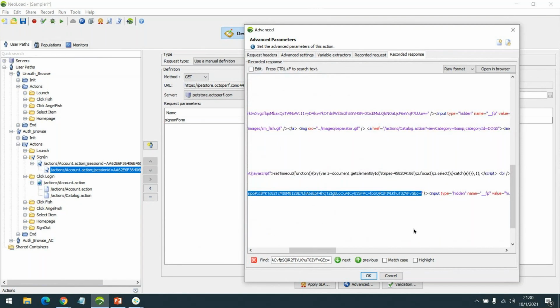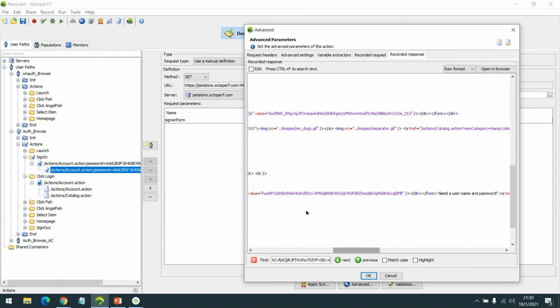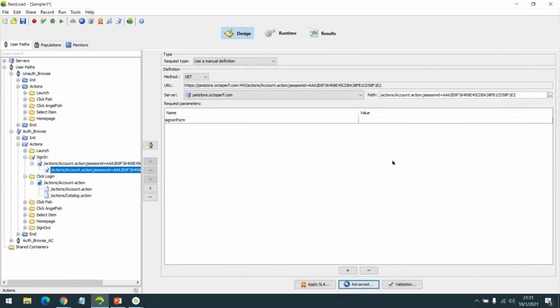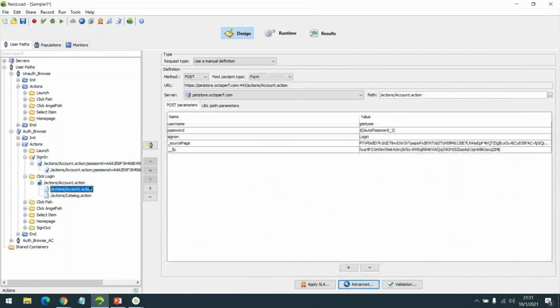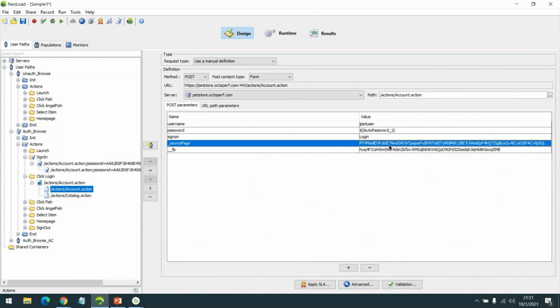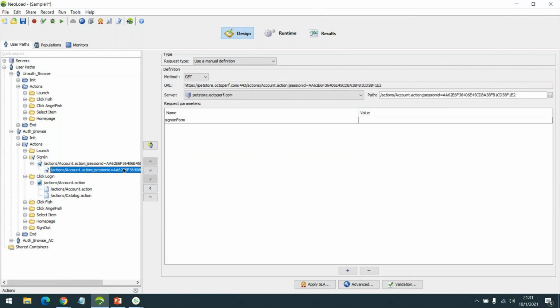Not just that, I also see FP, followed by a value that starts with HUQ, something like this. So these two dynamic values are appearing in this response.